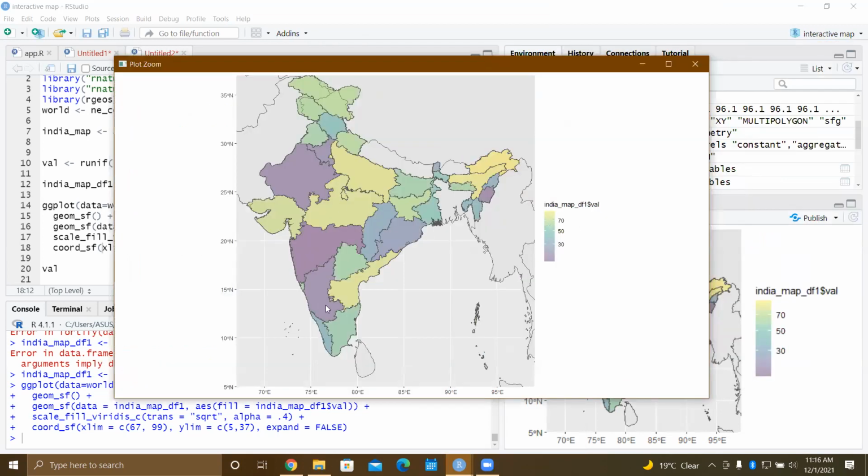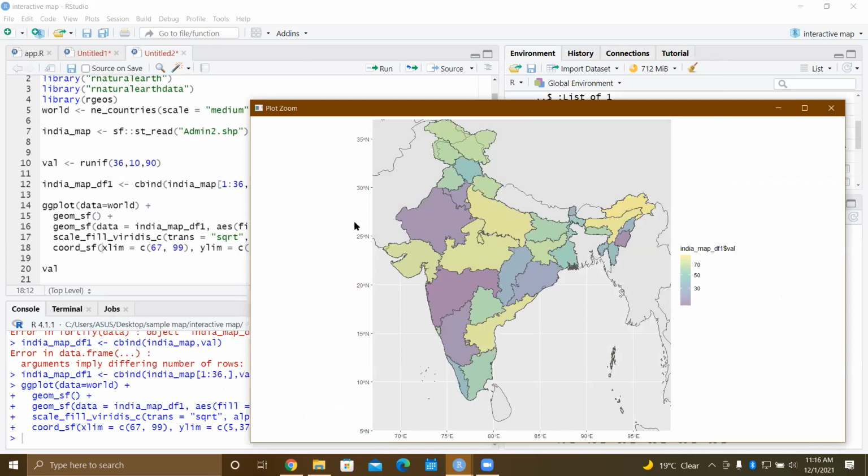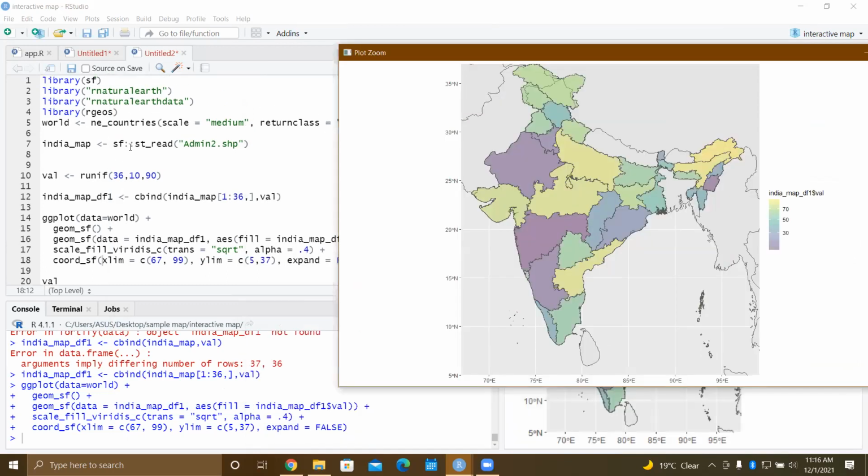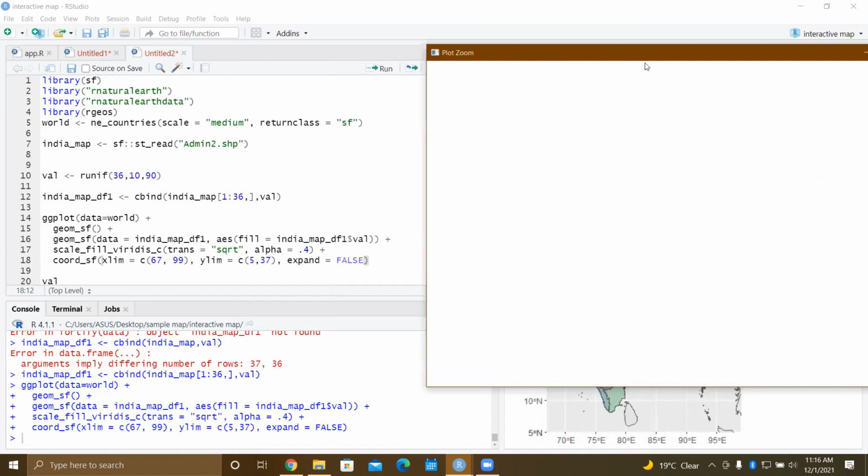And these are the percentage values that I have assigned to each of the states. These are random, a number between 10 and 90 I have selected. So this is one way: using the sf package, you can read the shapefile, and using geom_sf you can plot the data.